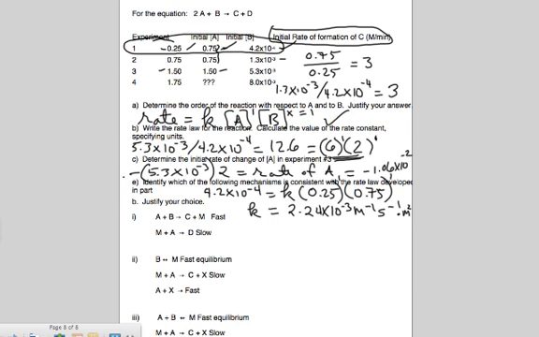Number 1, it has A and B in it, but the first step is not the slow step. This is the slow step. The slow step has an intermediate in it. So I can put